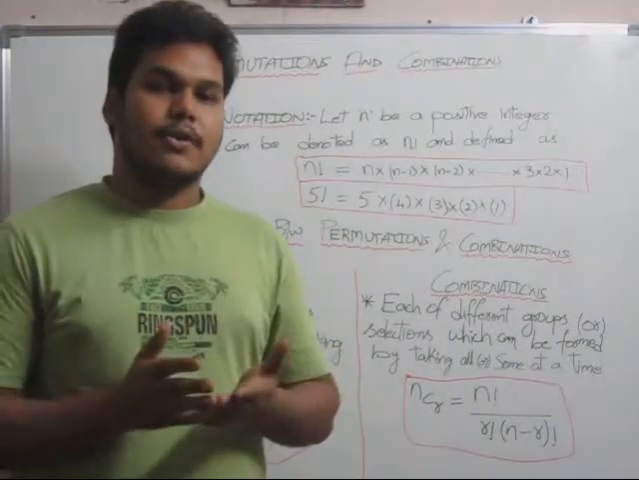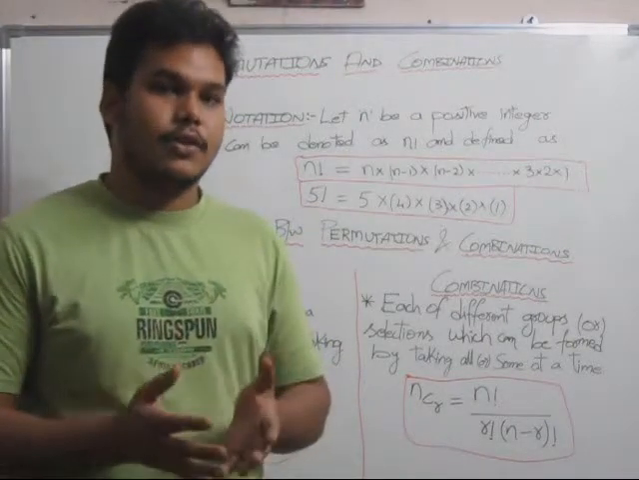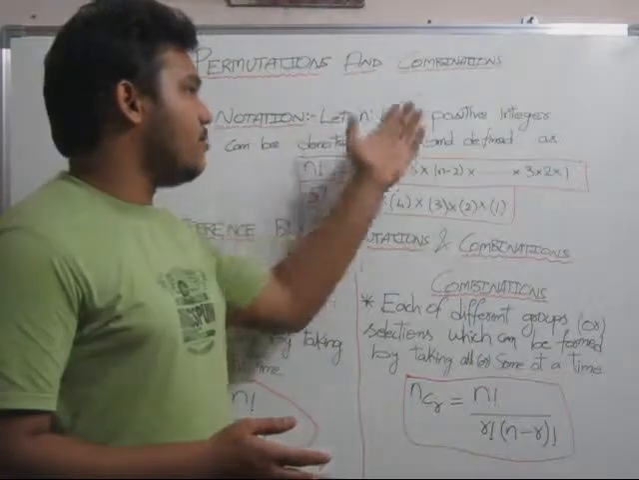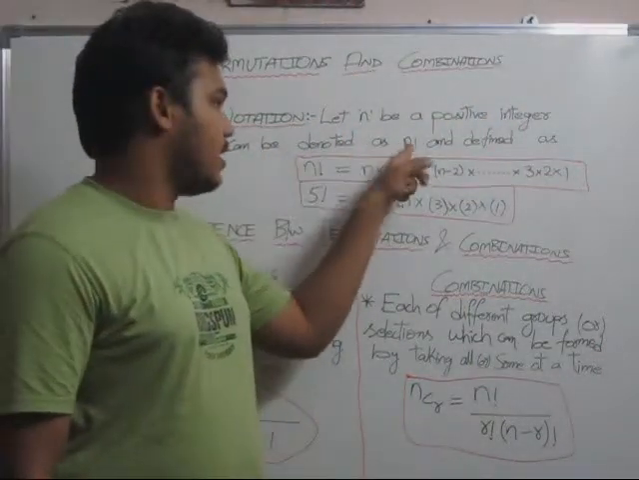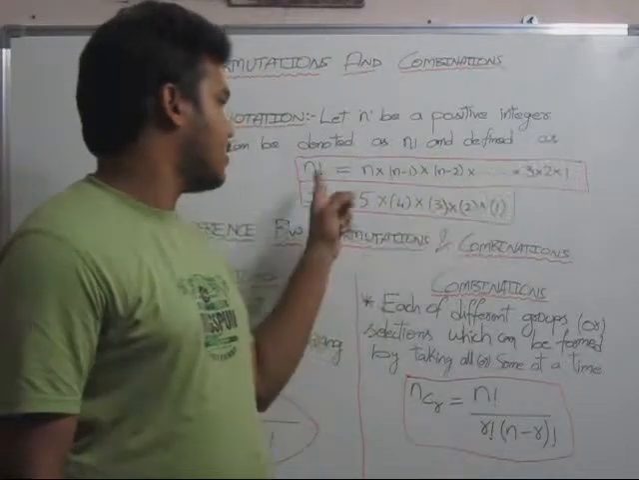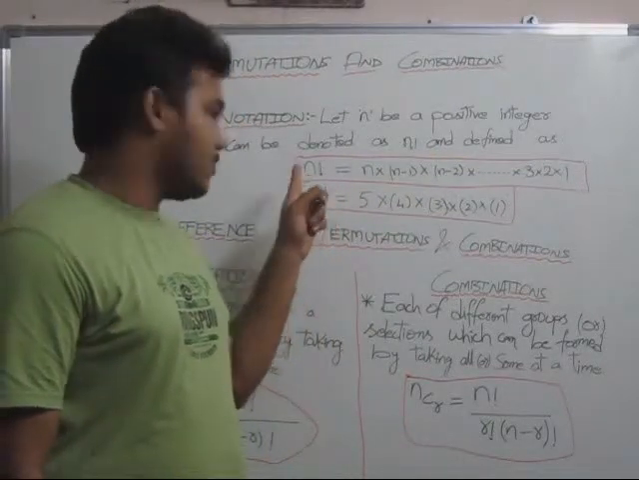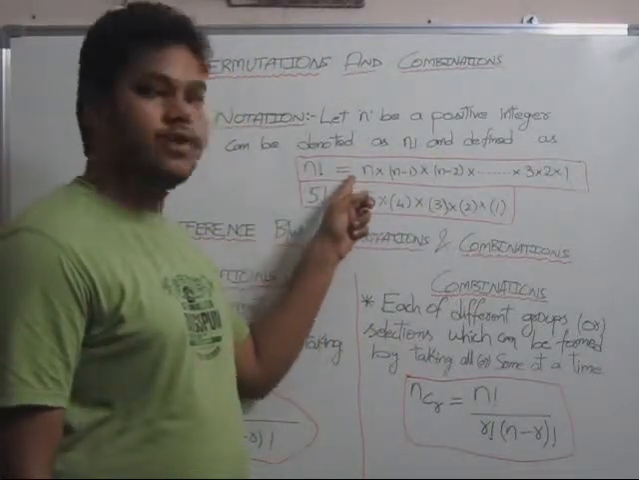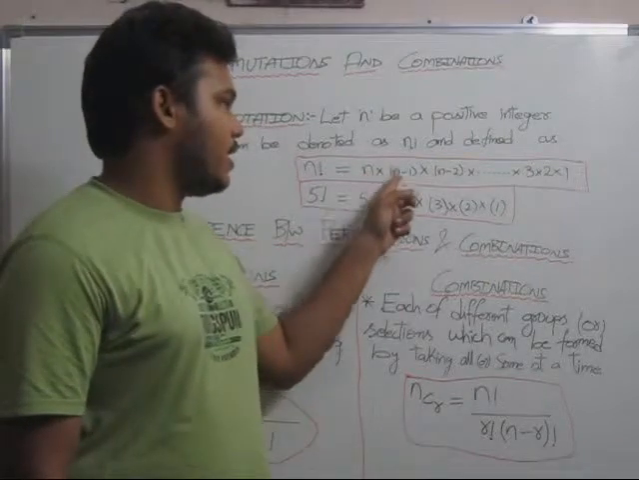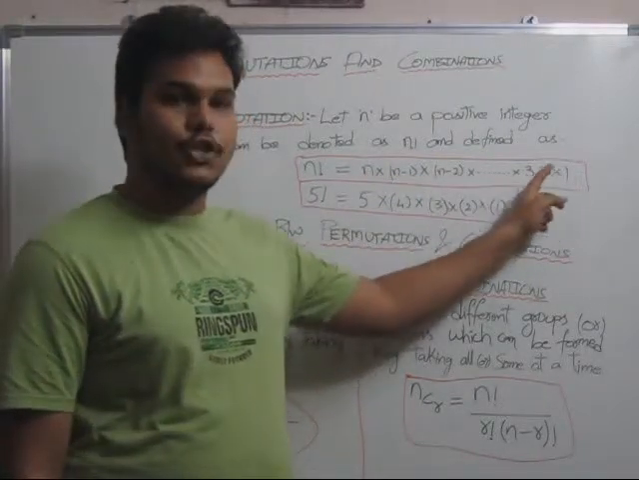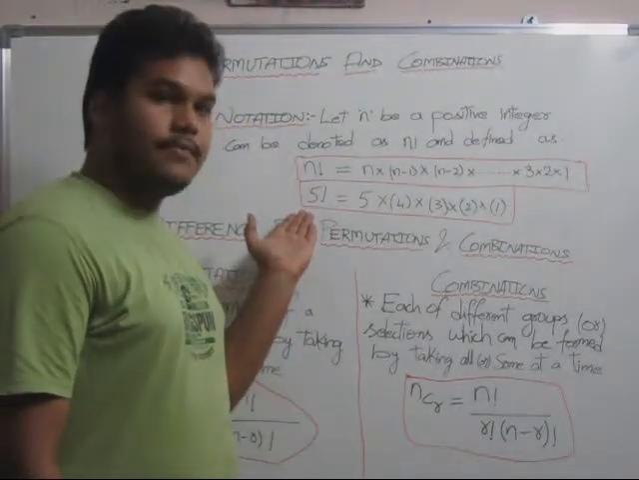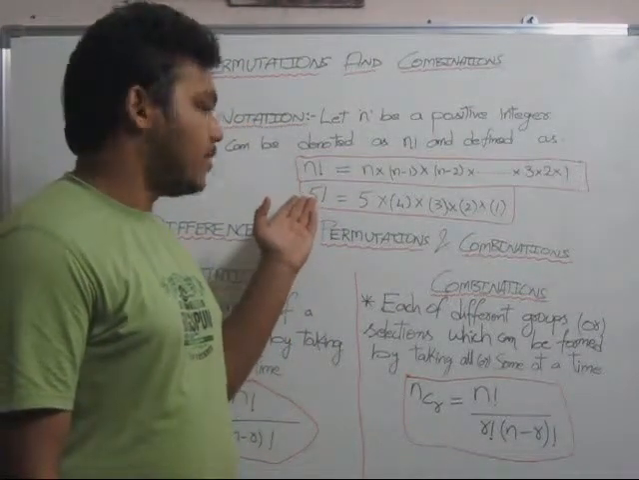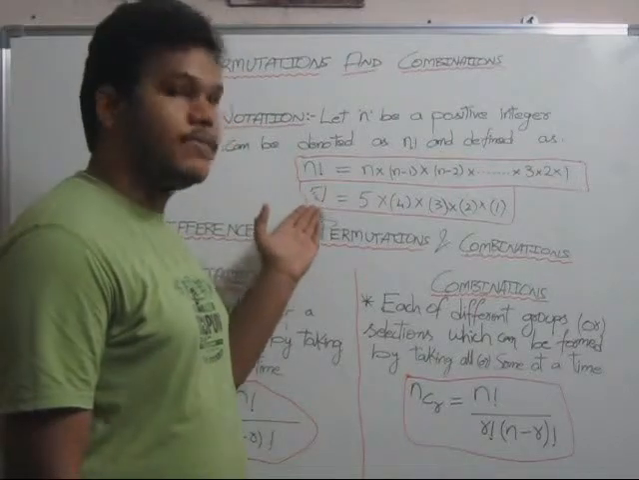So what is meant by factorial notation? How can we write a factorial notation? Let n be a positive integer. Factorial is denoted as n factorial and defined by this formula: n factorial is equal to the product of n, n minus 1, n minus 2, and so on down to 3, 2, 1. For example, if we take 5 factorial,